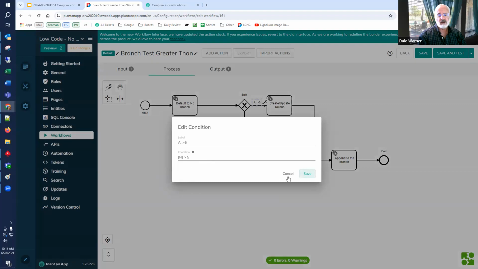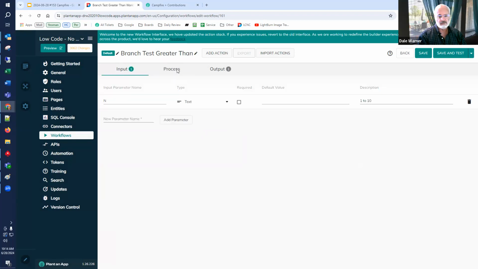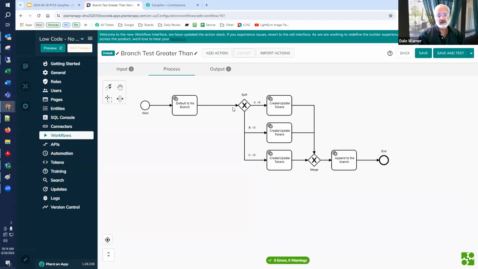If it's greater than 5, then I go on this branch that I labeled A. If n is greater than 3, I go to this branch that I call B. And finally, if it's greater than 0, I go to branch C. So the idea is, if n, which is coming from this input, is 99, it's going to go this way. If it's 4, it's going to go this way. If it's 1, it's going to go this way. But if it's 0,